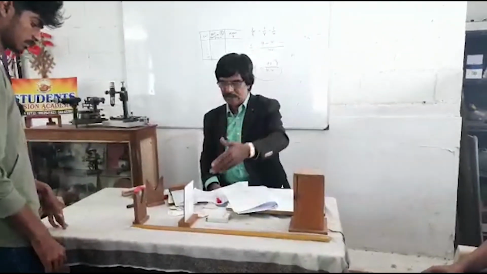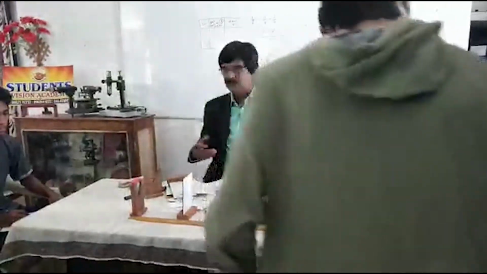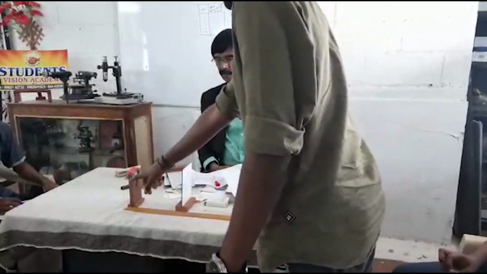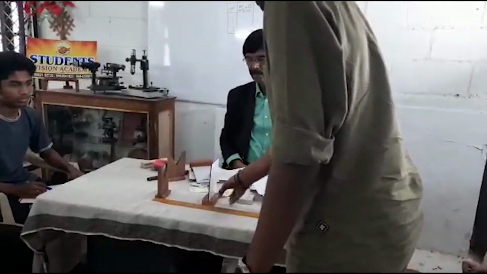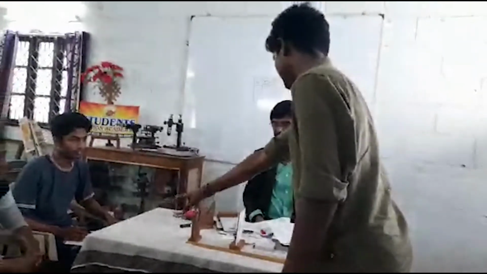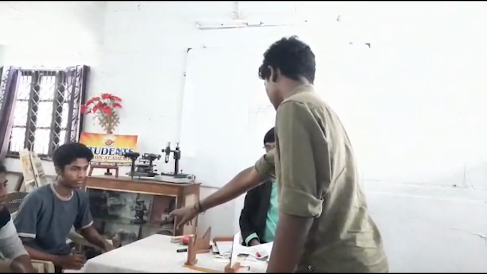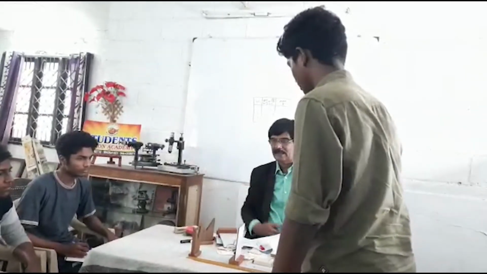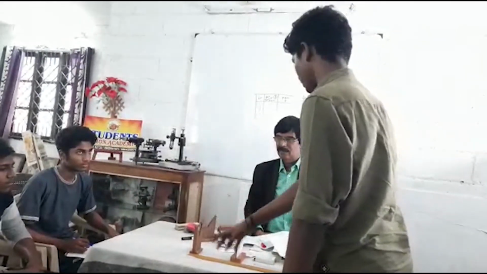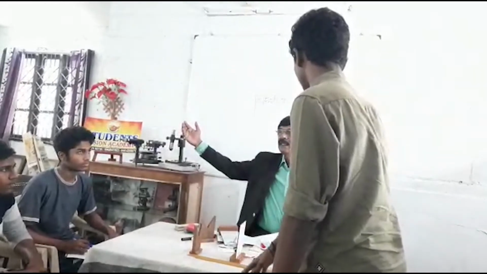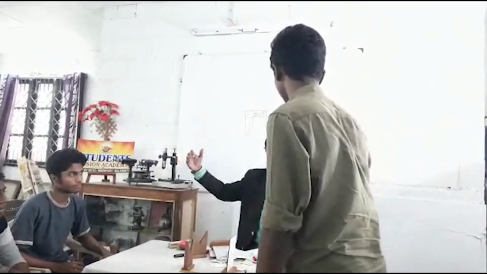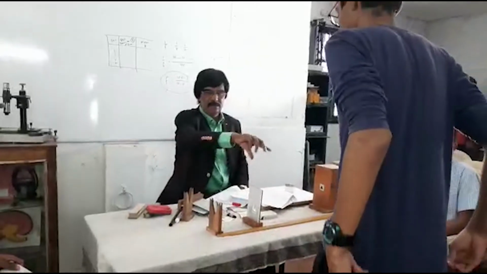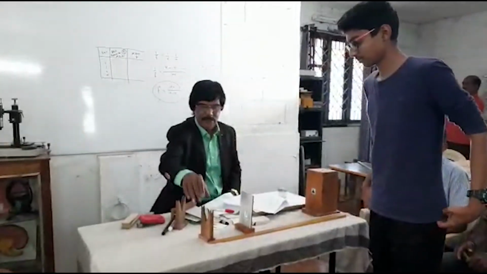You explain. Fast, make it faster. So suppose we are going to use a lens kept in the lens stand and a white screen. Now from a distant object, the light rays fall on the lens. The lens is focused towards the faraway object, the distant object. The light rays coming from the distant object are incident on this lens. Turn that side. Explain from the beginning.